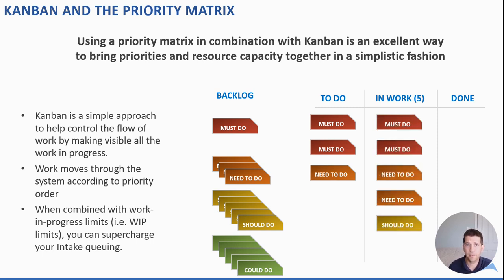And the number 5 there represents the work in progress limit, or WIP limit. That's a visual cue to show me when I've maxed out the amount of work I can do at once. That helps preserve resource capacity. It helps ensure that we're not overextending, we're not excessively multitasking. Every organization that I've ever worked in has a problem with that. More work comes on. People try to do more,